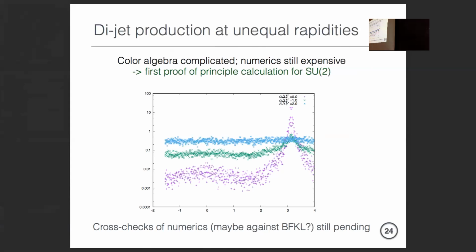So what I did so far was just a simple proof of principle calculation. There's a lot of color algebra involved in evaluating all these commutators and so forth, right? I hate to do this, so I just did it for SU(2), where it's a whole lot simpler. But the physics should be pretty much the same. Unfortunately, I did this a year ago and then stopped, got carried away by other interesting stuff. This is why it was extremely useful for me to give this talk, to rediscover all the interesting things I did. So I cannot tell you what the kinematics of the dijet pair here was, but I can certainly tell you that I did evolution.